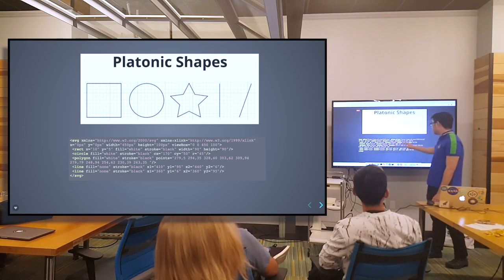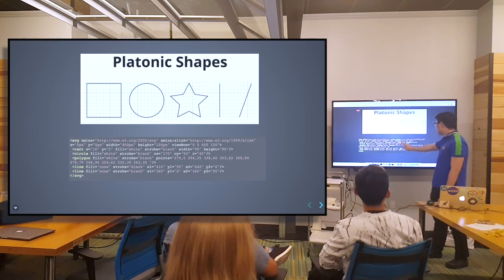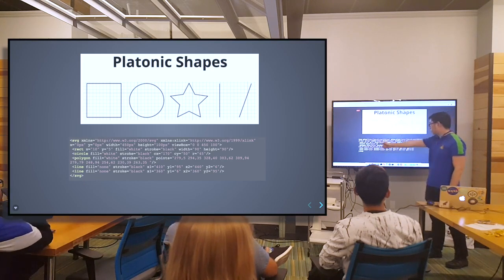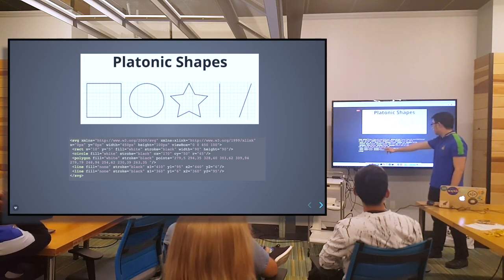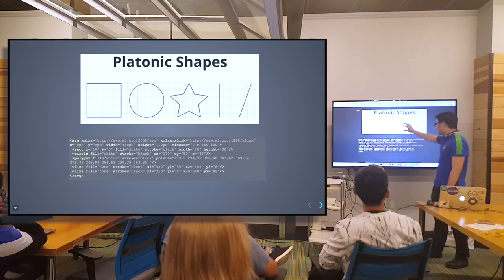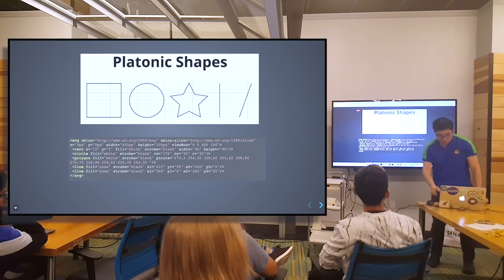This is kind of the different ways you define it. So in this case, you define the stroke right here, the width of how big it is, and the height. And then you can also define circles, polygons, lines, in which you define your actual coordinates on the actual plane. And that corresponds to the actual shape. So moving on from here,